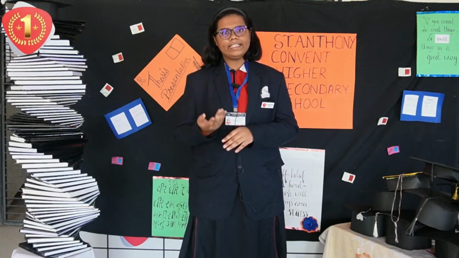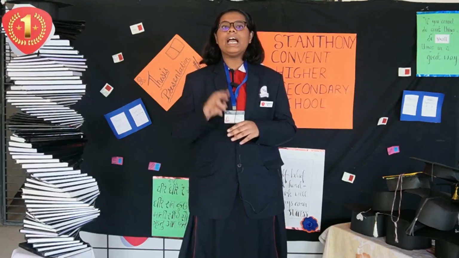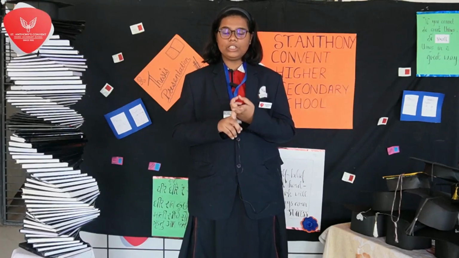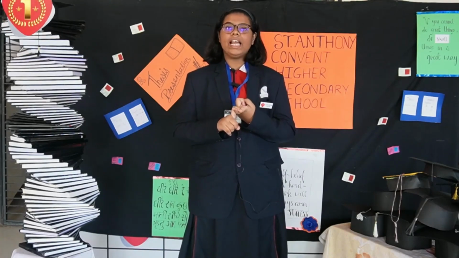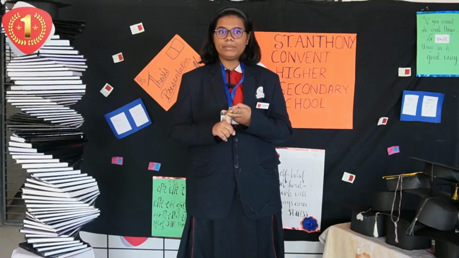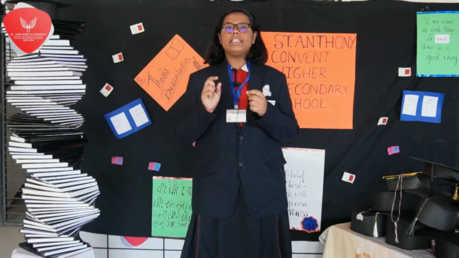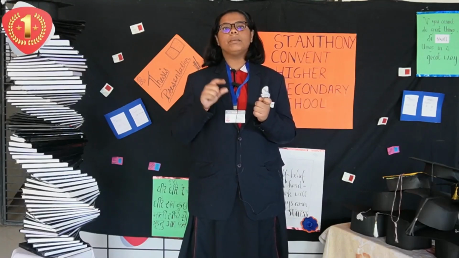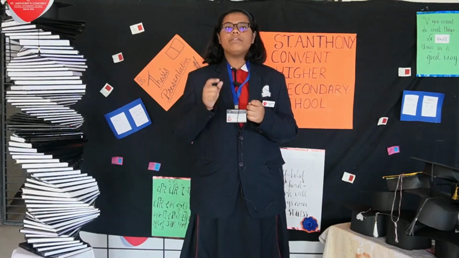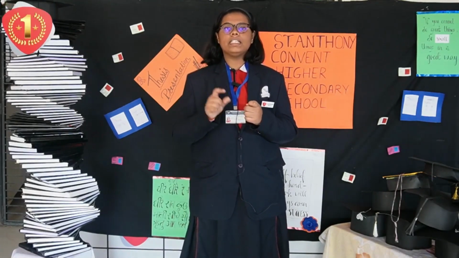Now, what is the identity property? The identity property has two identity elements, that is 0 and 1. The identity element 0 is used in addition and subtraction, while the identity element 1 is used in multiplication and division. Now, the identity property states that when a number is added to 0, the answer is the number itself. Similarly, when a number is multiplied by 1, the product or the answer is the number itself.